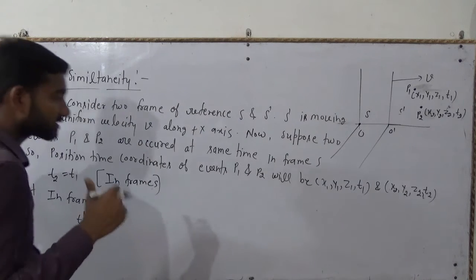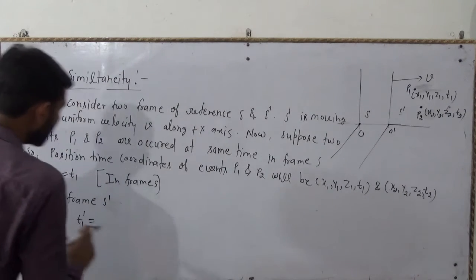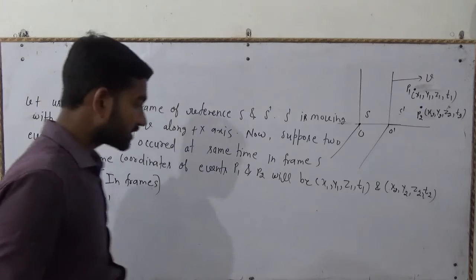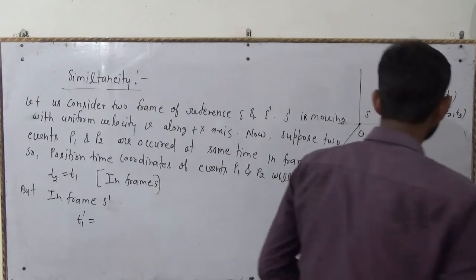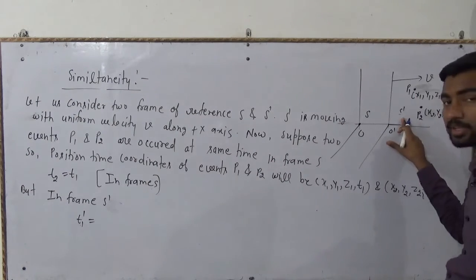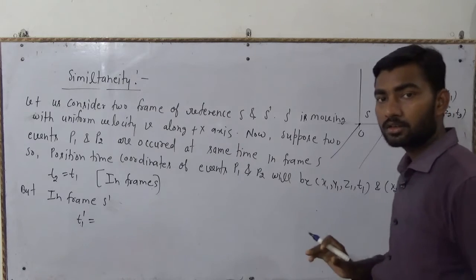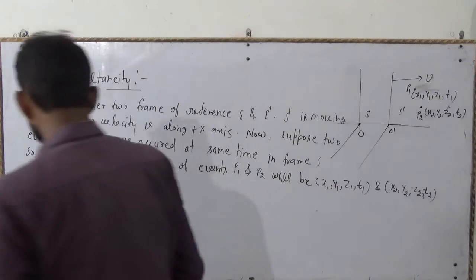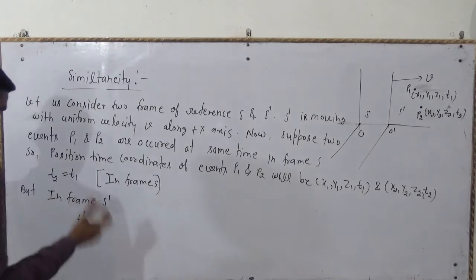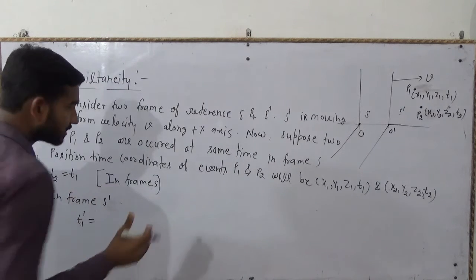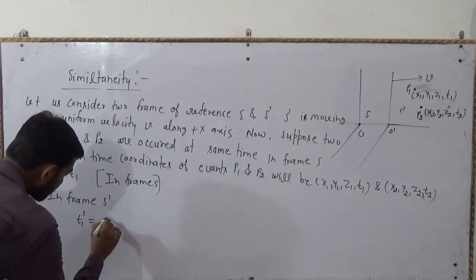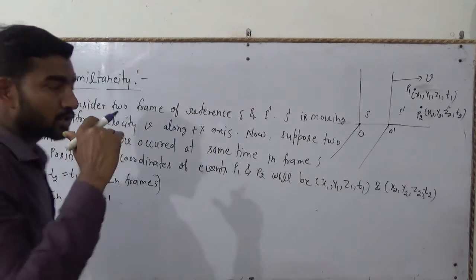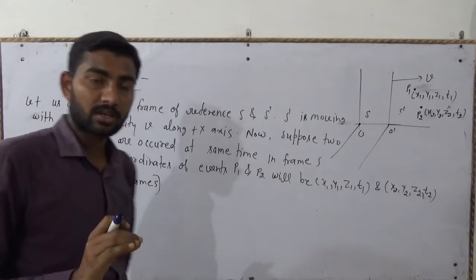According to the Lorentz transformation equation for time coordinates, the value of T1 dash for the event P1 in frame S dash will be, as we told you in the previous lecture and also proved in the Lorentz transformation equation,